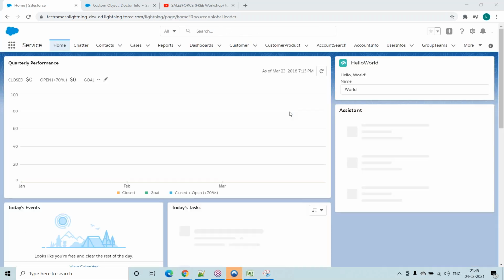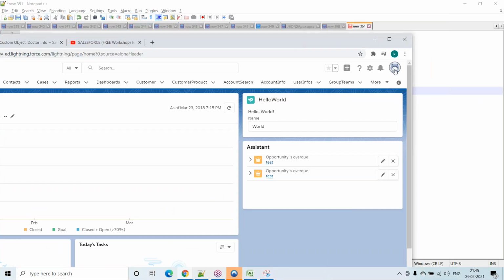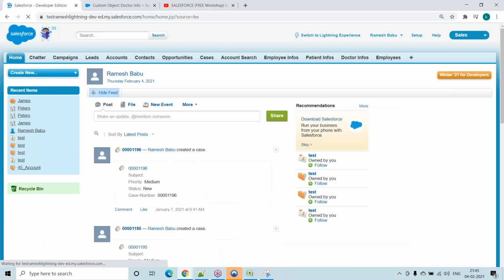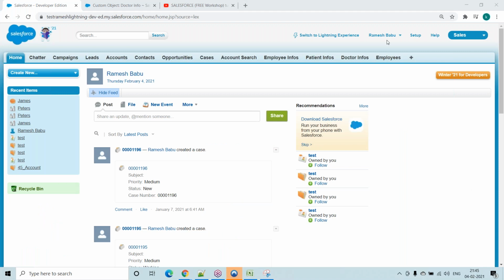This is the Lightning version. To switch to the Classic version, go to the top right corner, click on the symbol, and click on switch to Salesforce Classic. See, we are redirected to the Classic version. Okay, Sudhir? Okay, fine.